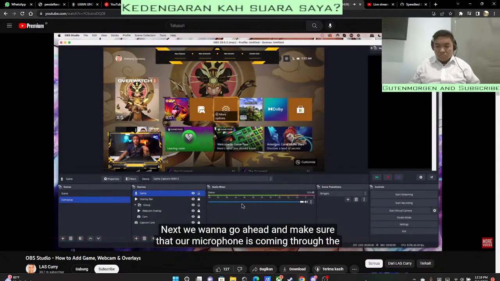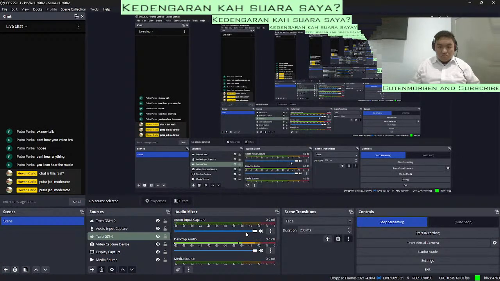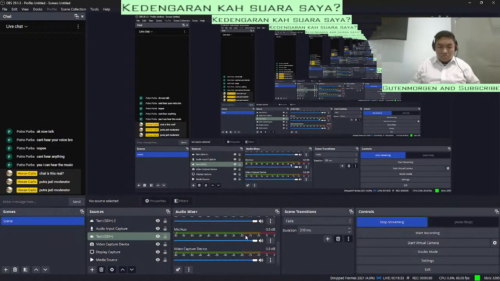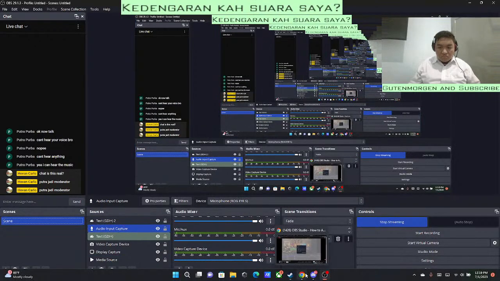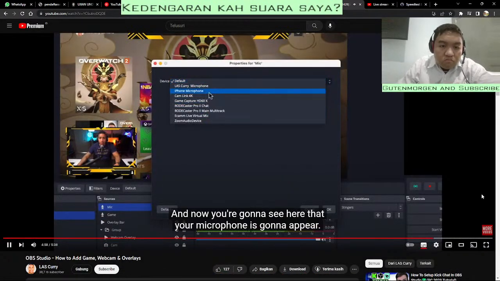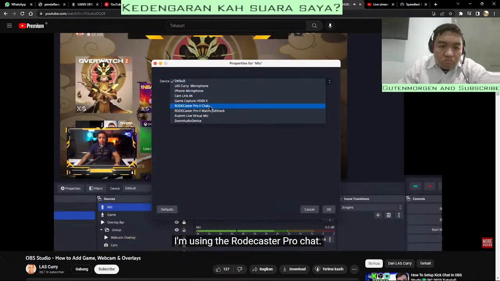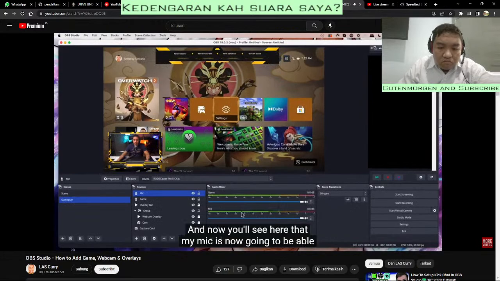Next, we want to make sure that our microphone is coming through the stream as well when we're on the scene. So you'll come to sources, you'll hit the plus icon. We'll go again to audio input capture. And then we want to name this mic, and then press OK. And now you're going to see here that your microphone is going to appear. I'm using the Rodecaster Pro Chat. I'll select OK. And now you'll see here that my mic is now going to